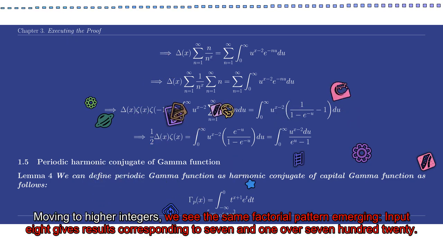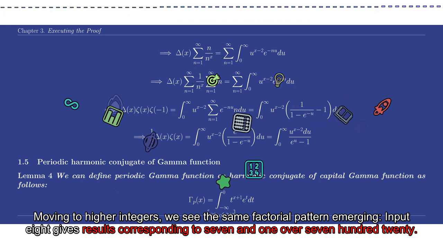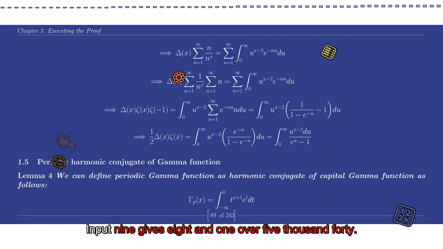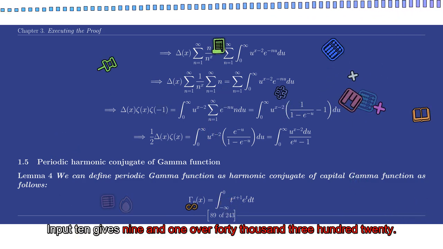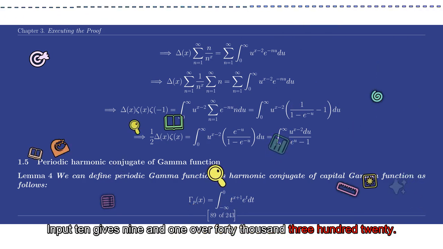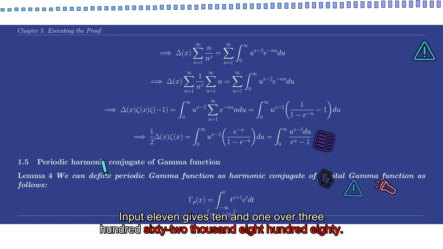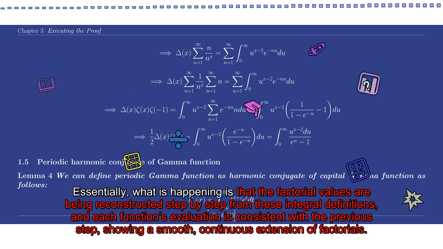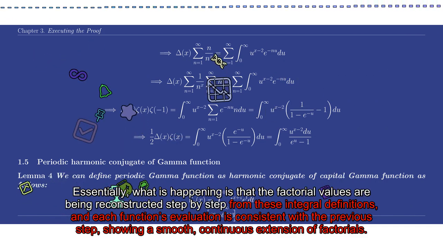Moving to higher integers, we see the same factorial pattern emerging. Input 8 gives results corresponding to 7 and 1/720. Input 9 gives 8 and 1/5040. Input 10 gives 9 and 1/40,320. Input 11 gives 10 and 1/362,880. Essentially, what is happening is that the factorial values are being reconstructed step by step from these integral definitions,